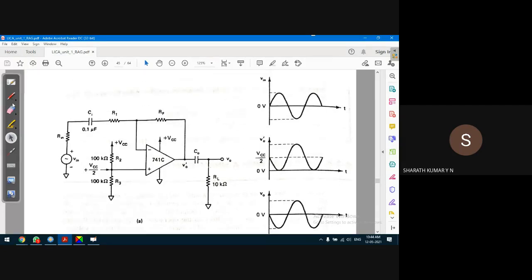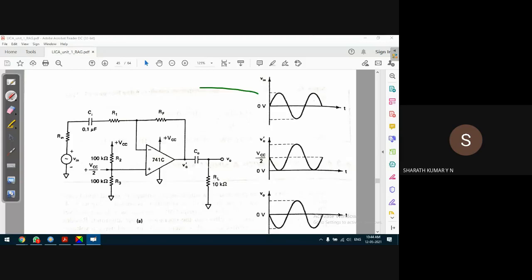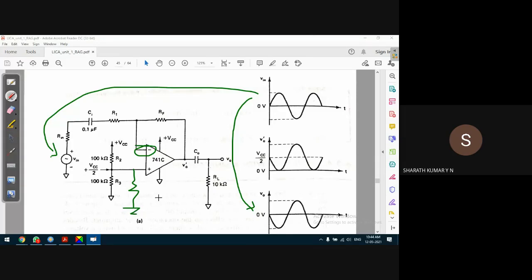This is the input voltage applied to the operational amplifier. It is a normal AC voltage. Since it's an inverting amplifier, what is expected is something like this. If the non-inverting input were connected to ground through a resistor, the output would have been like this. Very simple, the positive cycle gives the negative cycle. No problem. But since it is connected to VCC by 2,